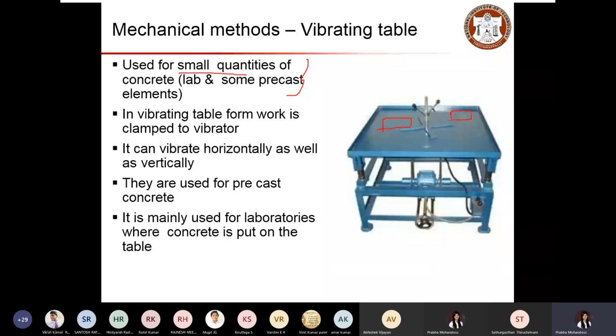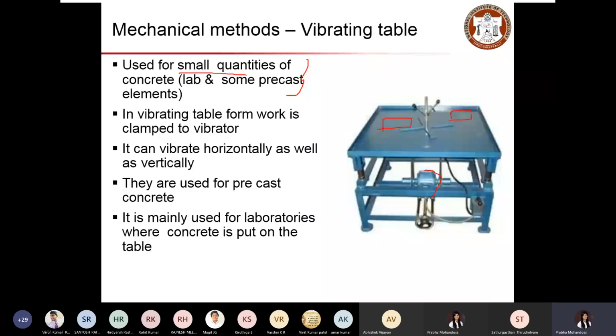In the lab you have a table where you can fill concrete cubes or cylinders and keep them on it. You have a motor here, and you have control over how much frequency is applied, and those are automated. By switching it on, your table will shake, and generally the limit will be 1 or 2 minutes.